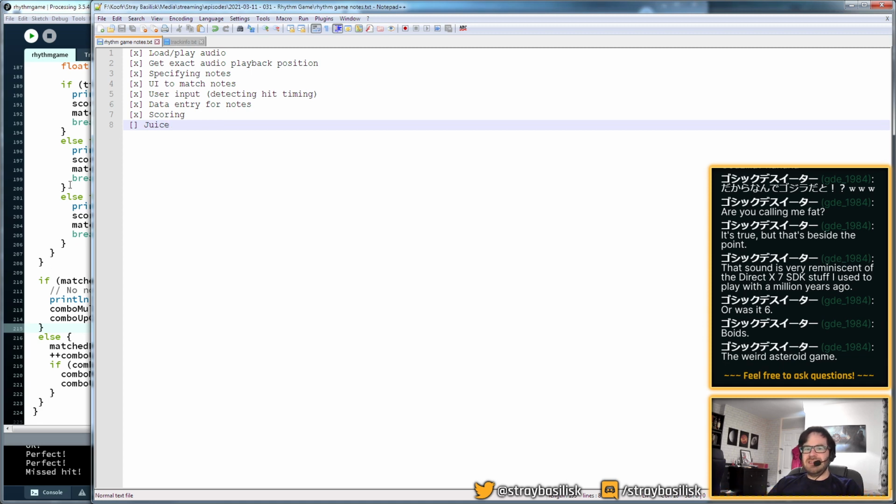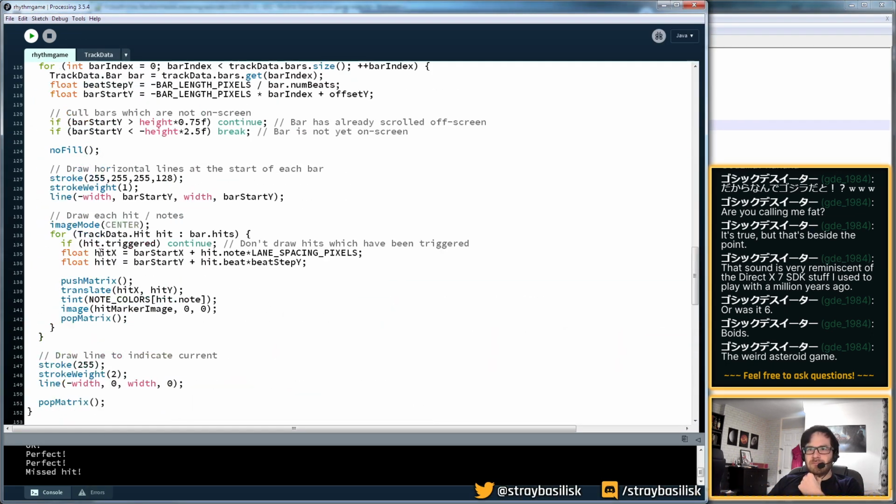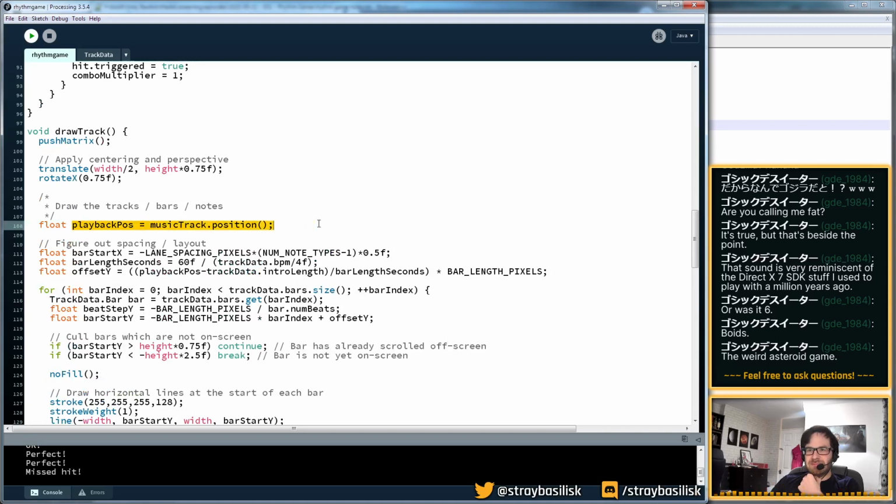So I think this is introducing something we don't have before. All of the positioning has been driven by the playback position in seconds of the music track, right? We're not really doing animation in the traditional sense. We're just looking at the current position in the track and then drawing everything based on that, right? Like this whole...